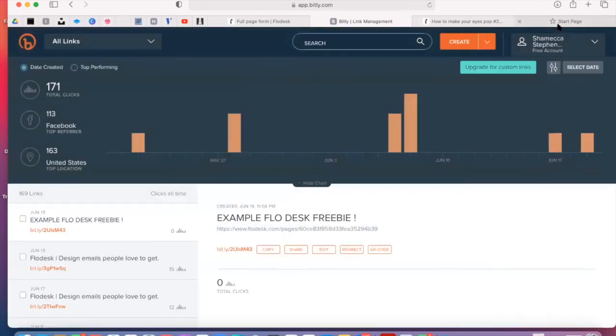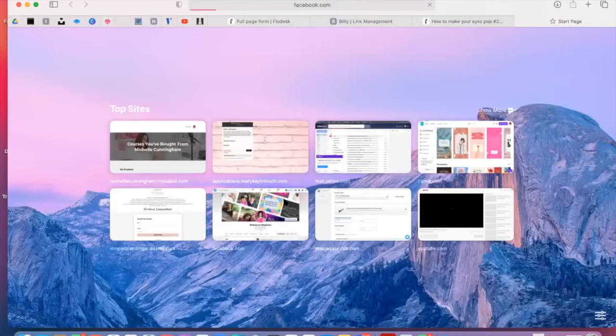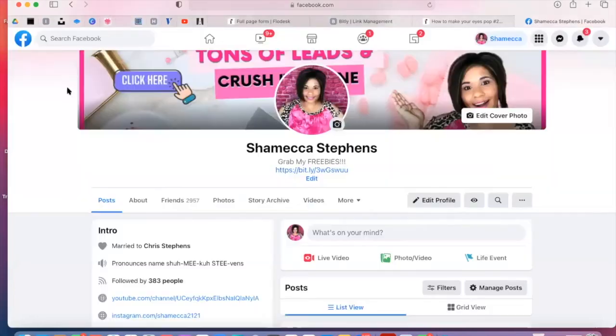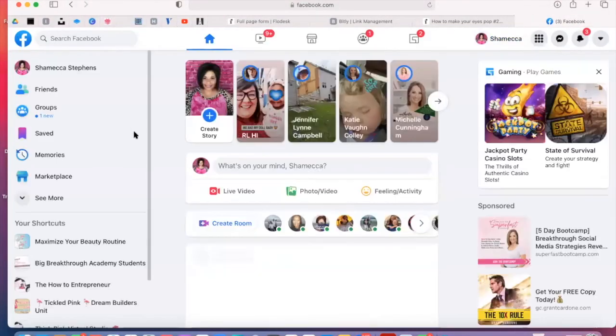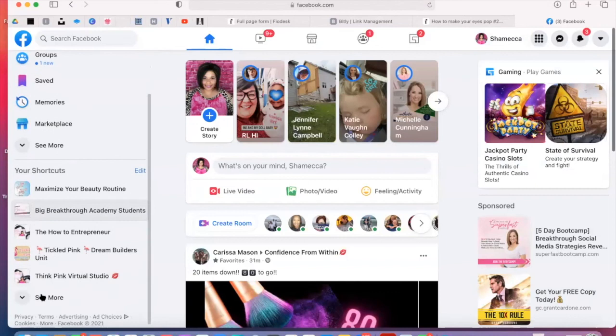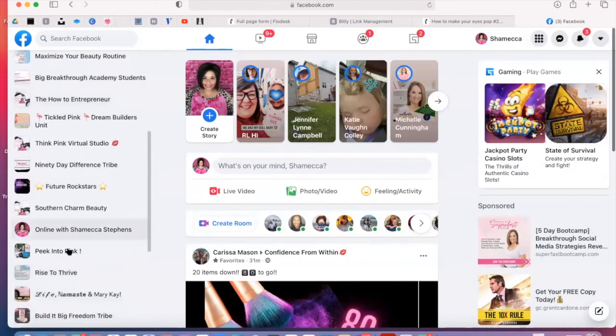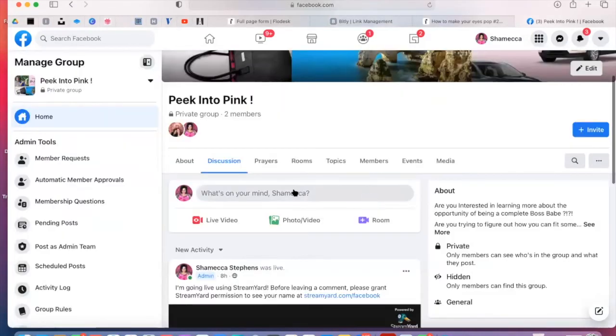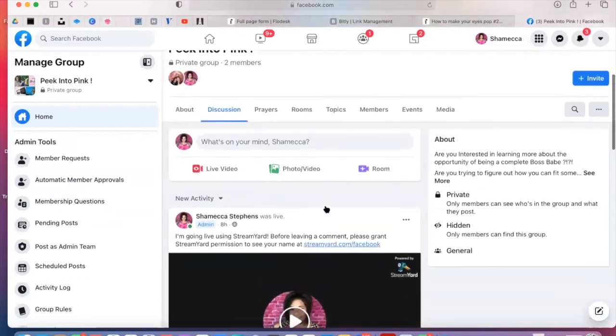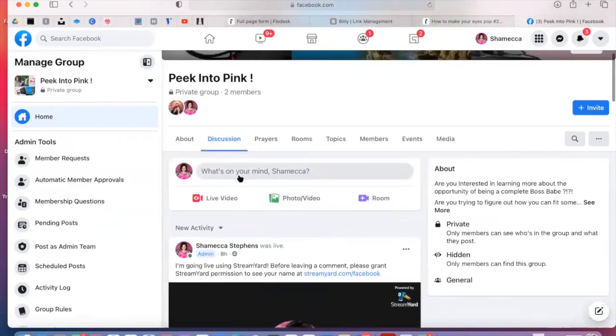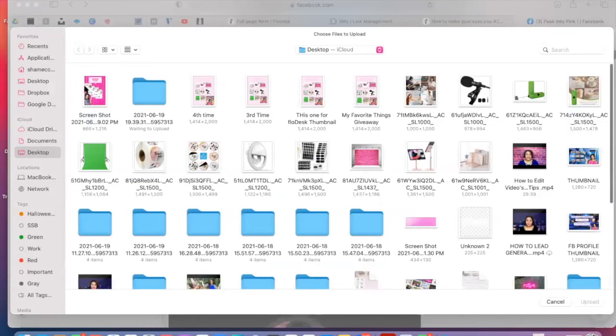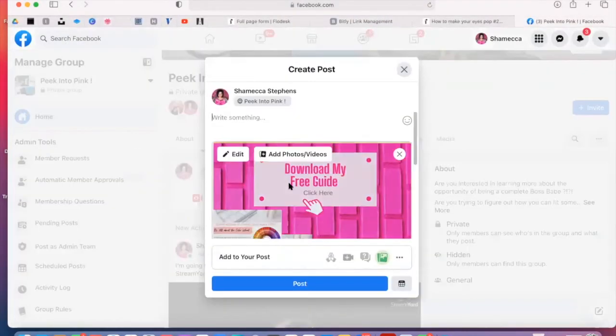And so now what I would do is go to your Facebook page, and I would come right here. I have a group called Peek into Pink, and it's just a group that I post things in, for me to be able to test things out. So I would grab my picture, and then I would click this, and then I would say something here. I would put my link,